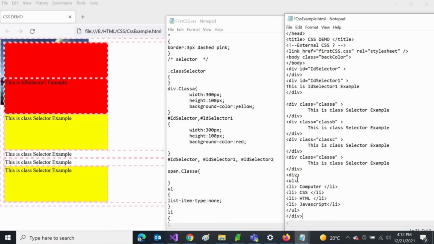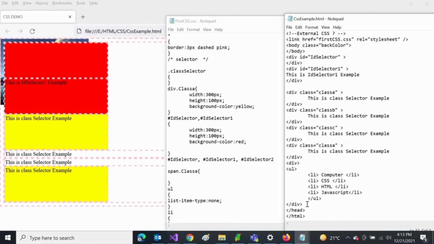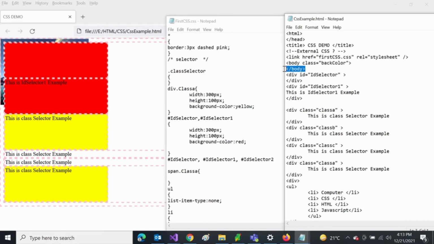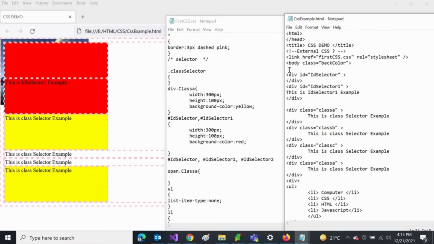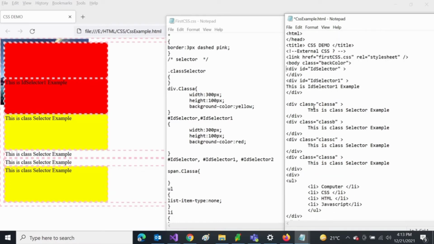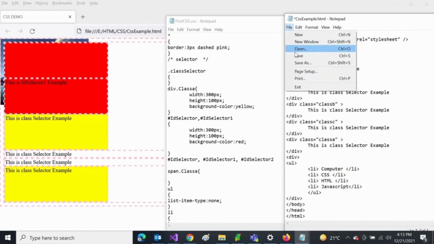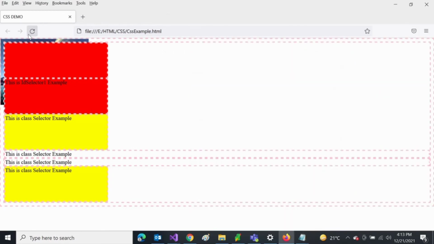Now we'll apply the list item style to see how they are displayed. If you have tried MS Word, if you write something and select the list item from Roman, 1 2 3, or dotted or circle form, then the items get displayed in MS Word. In a similar way you can do it here.